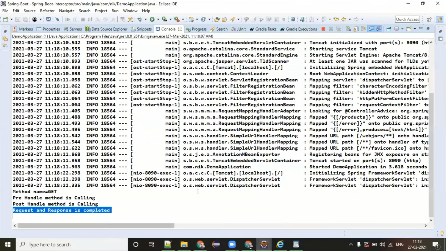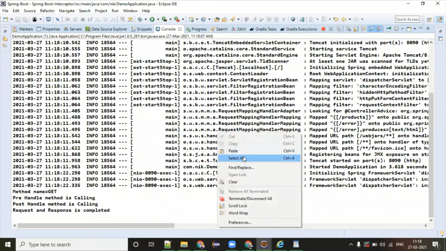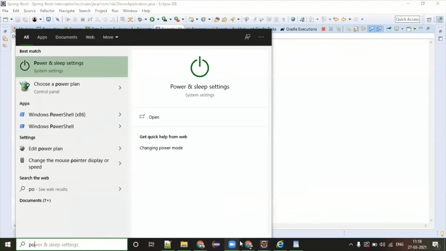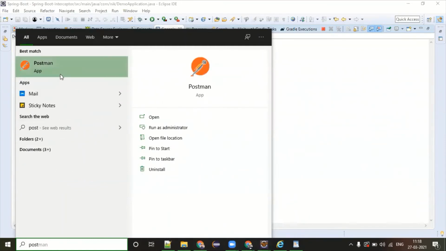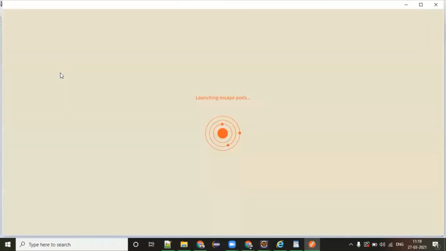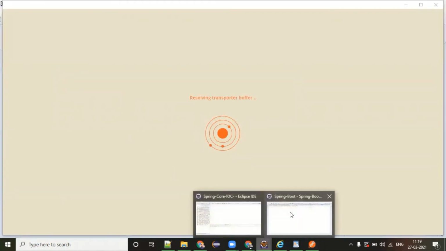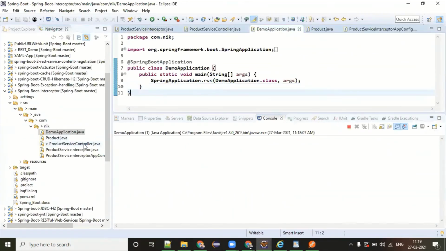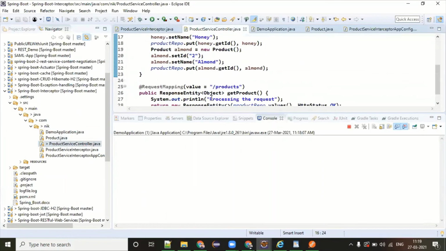Now what I will be doing is opening the Postman. Okay, and this is the product summary controller. This is the products. Okay, so let me copy this.